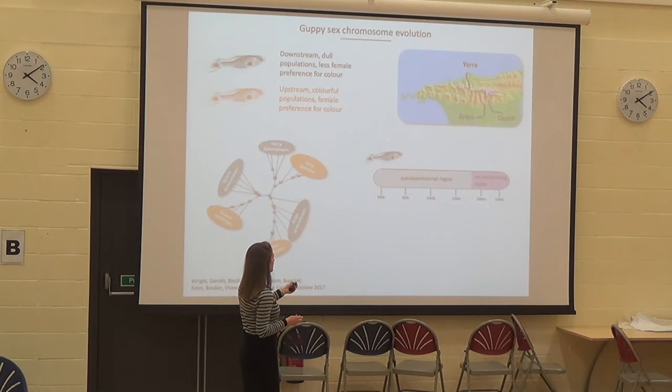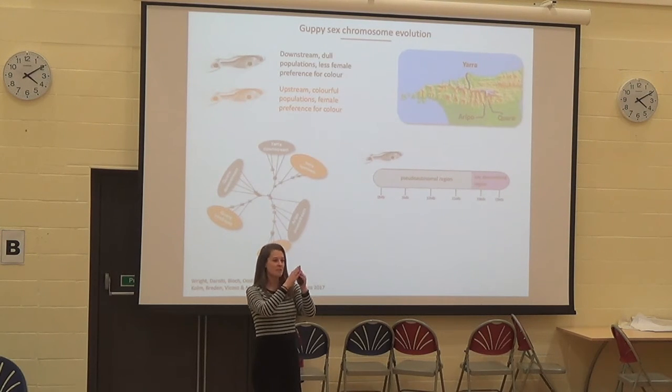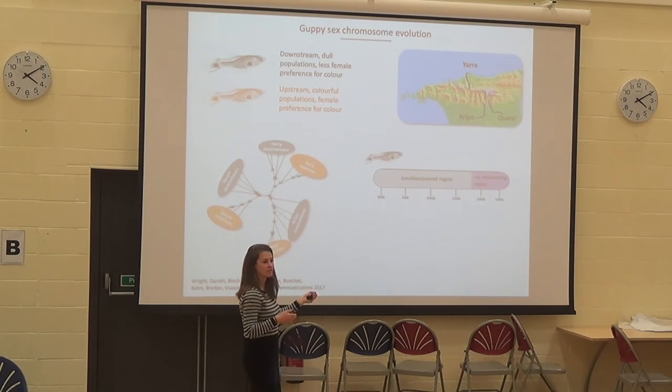So this is in the dull downstream populations. This is a kind of schematic of what it looked like when we sequenced the sex chromosomes. You have the sex-determining region, which is essentially Y-linked. So this is the Y bit here, at the tip of the chromosome. And then this is the pseudo-autosomal region, which I was just talking about, which is essentially identical between the X and the Y. It recombines, it pairs, it doesn't have anything to do with sexual dimorphism or sex determination. So this is the Y-linked region.